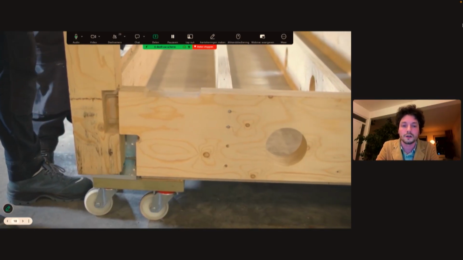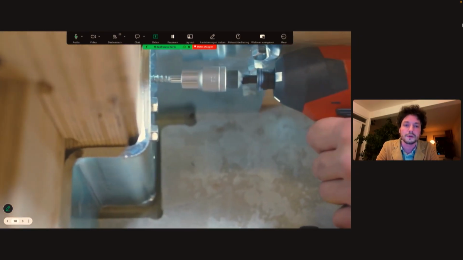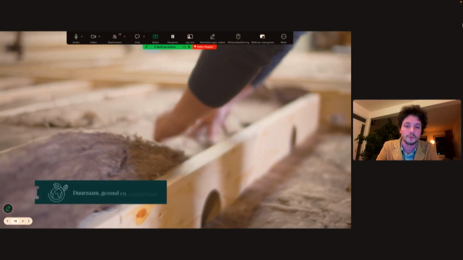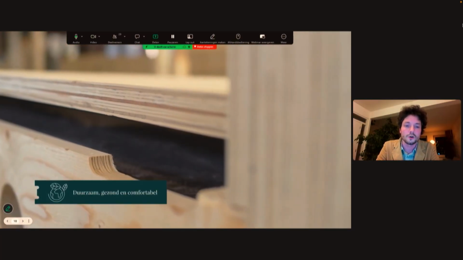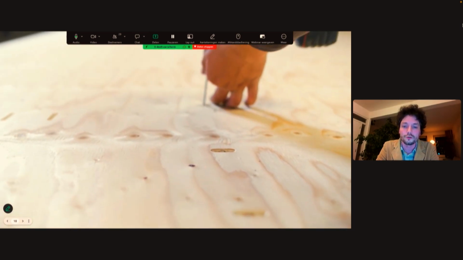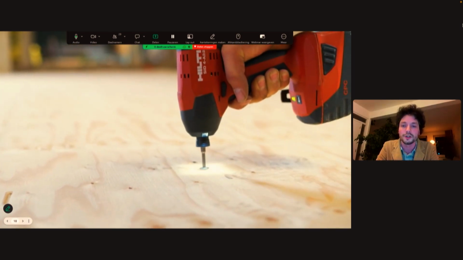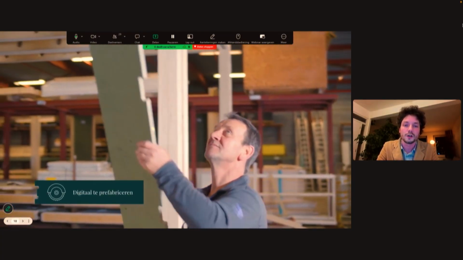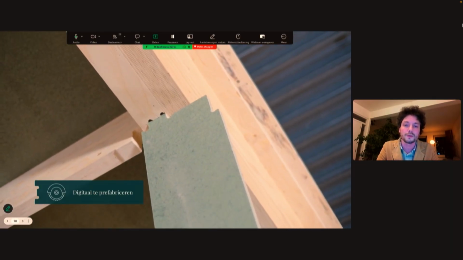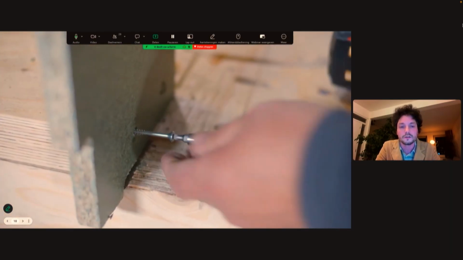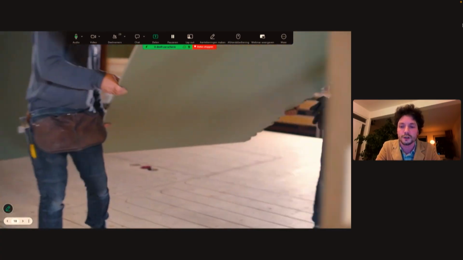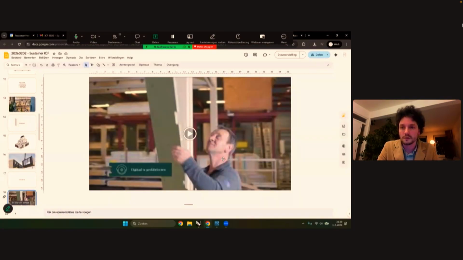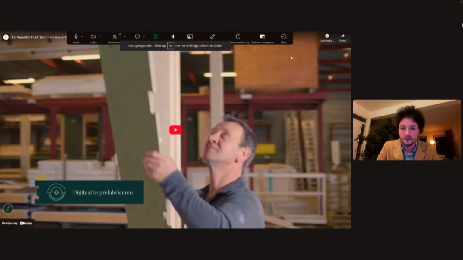So you can produce a house in about 150 hours, which is much lower than the baseline in the Netherlands. We go quite far. We CNC mill all of the holes for fasteners in it, and we even mill the entire floor plan onto the elements so that it can be built by people with very little experience. So usually people are up and running in construction in about a month. That's how much training they need to be able to start making a house. I'm not going to show this entire video because it's a little bit long. Let's go to the next one.